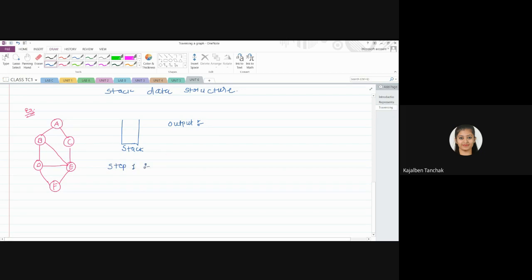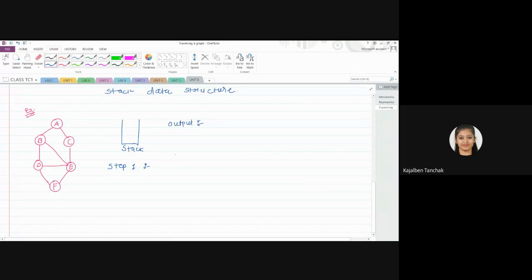Okay, so you can see in a DFS or BFS, multiple answers are possible and all are correct as long as you are using the same approach. Fine. So you can start with any node you want. Okay, there is no fixed rule that you have to start with A. You can start with B also, D also, F also. You can use any other node. Fine.